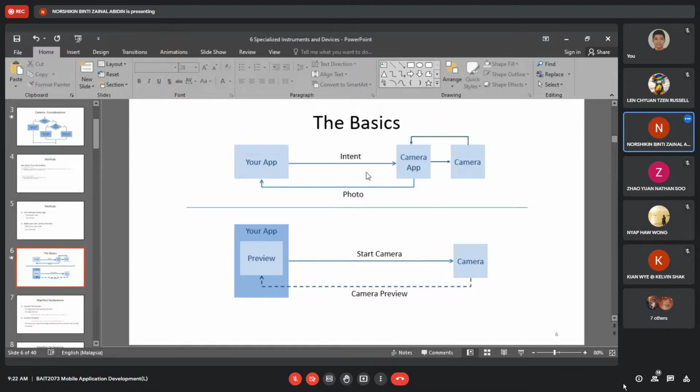Okay, let's look at the first one just now. This one is the camera app, that means you just use the existing camera.